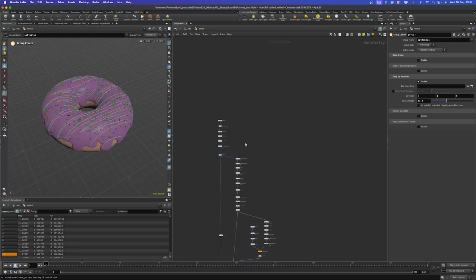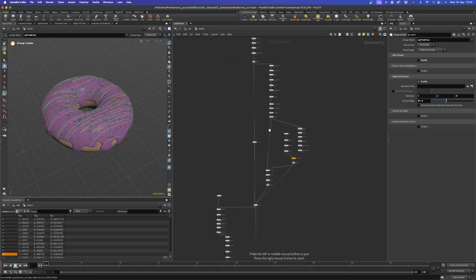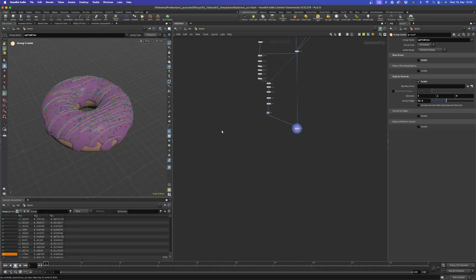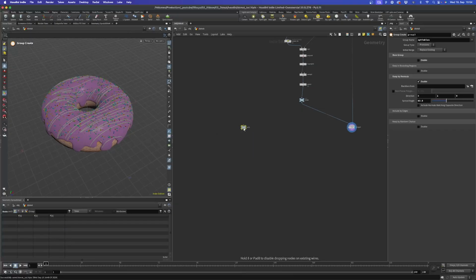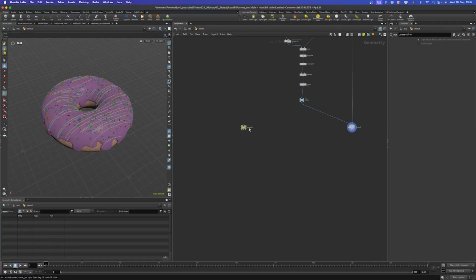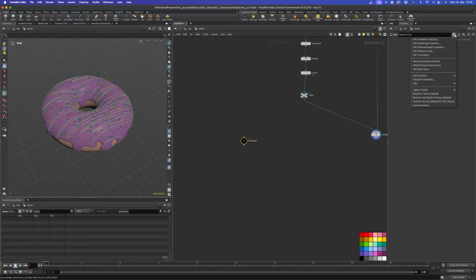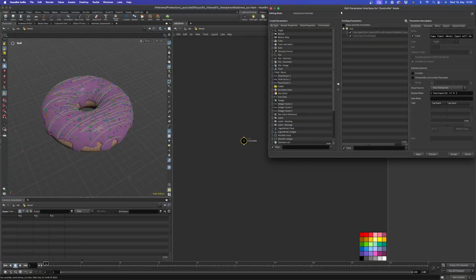So in order to do this, let's come to the top, or yeah, we can even put it somewhere here. I will create a null node and call this controller. With Z, I can give it a different kind of shape, and with the C shortcut, we can give it a different kind of color as well. So all of my controller nulls I like to style like this, and underneath this little cogwheel up here